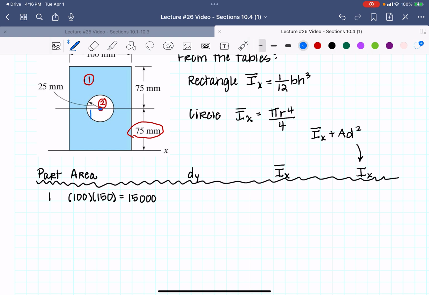So I just need this perpendicular distance from the x-axis, which is 75 millimeters. So that's going to be 75. And so now I can calculate its I of x being 1/12 times the base times the height cubed. So that's going to be 1/12 times the base, which is 100, times its height, which is 150 cubed. And that equals, throw that into my calculator, I get some huge number,